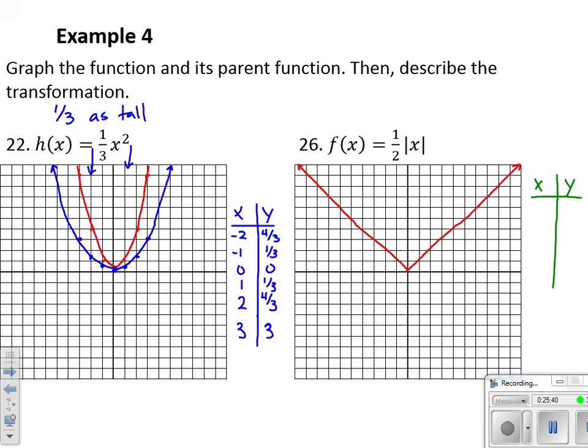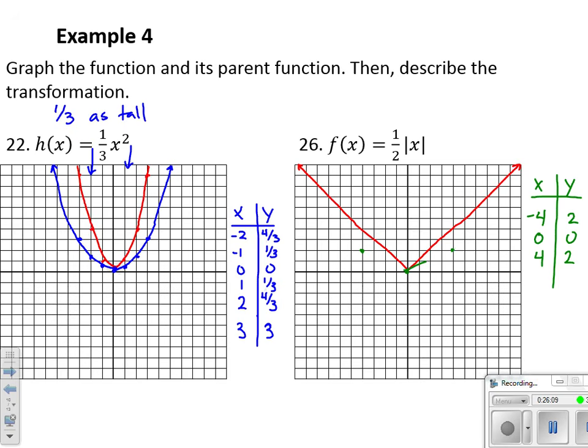And if I plug in an x value of 0, my height is going to be 1/2 times the absolute value of 0. So again, they have the origin in common. Let's move away a little bit. Let's go 4. If I plug in a -4, 1/2 times the absolute value of -4, that's just like 1/2 times 4. It's +2. So at -4, I'm up to 2. And at +4, obviously the absolute value would produce the same thing. I'm up at 2 as well.